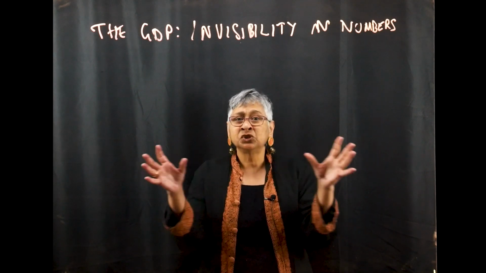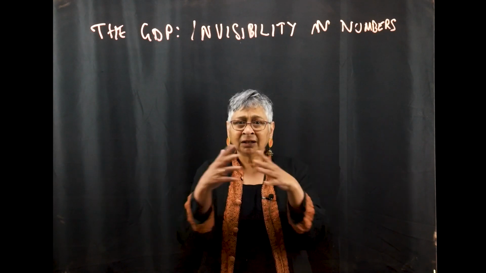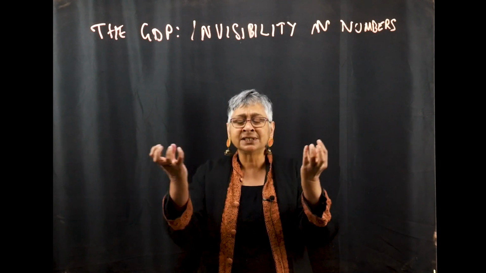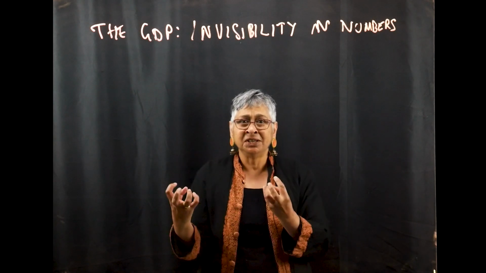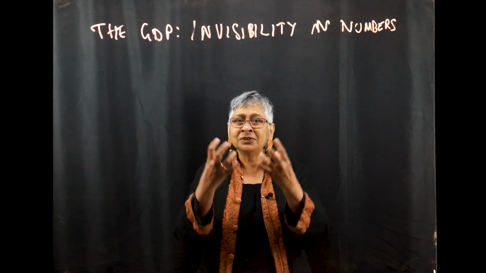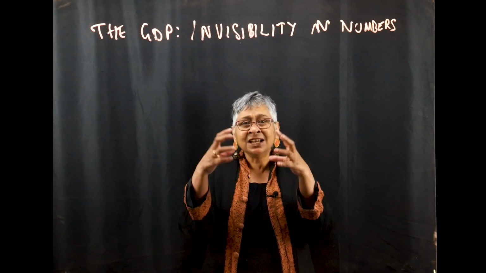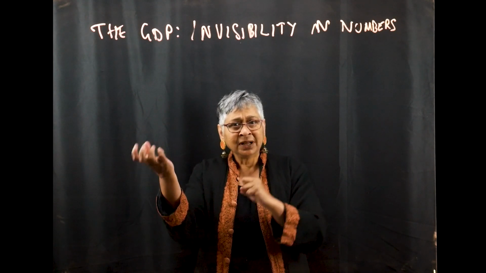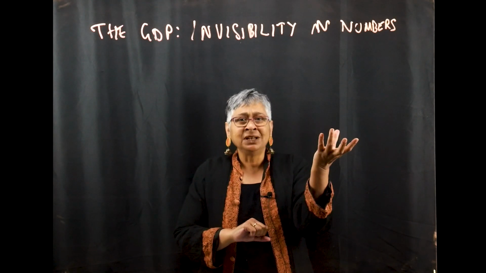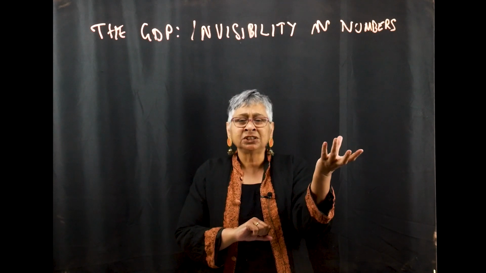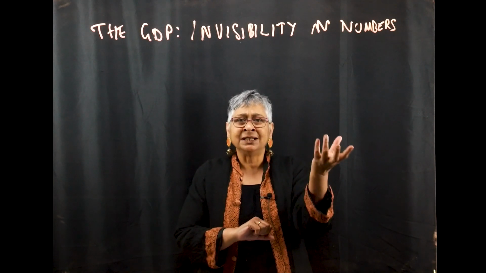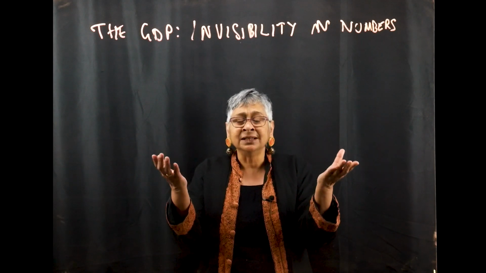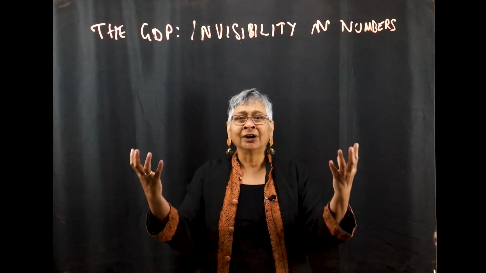The GDP fails to capture many things, but for our class, we're going to focus on these two major missing elements in the GDP. And what we're going to find out is that invisibility of women's labor in the home and invisibility of the destruction of the natural environment and natural resources in the numbers both mean that, therefore, when